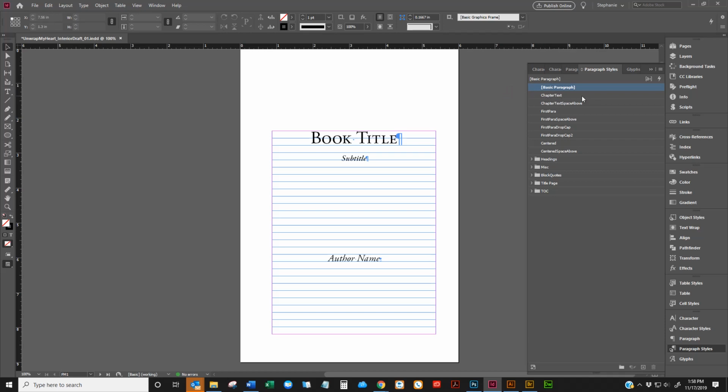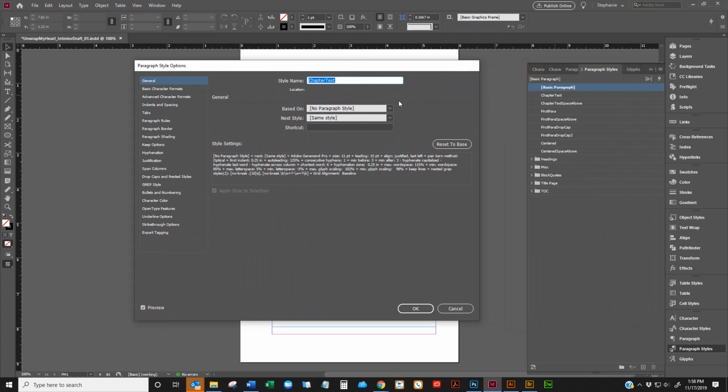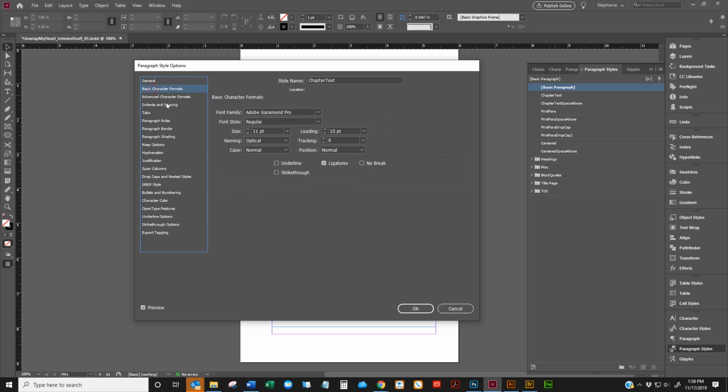So the basic style in this document, and the one that you need to worry most about, is this chapter text file. We are going to assign everything in your Word document. The bulk of it is going to be this chapter text file. Now you can customize, and when we get to the design portion of this, you can change the font, you can change the size,